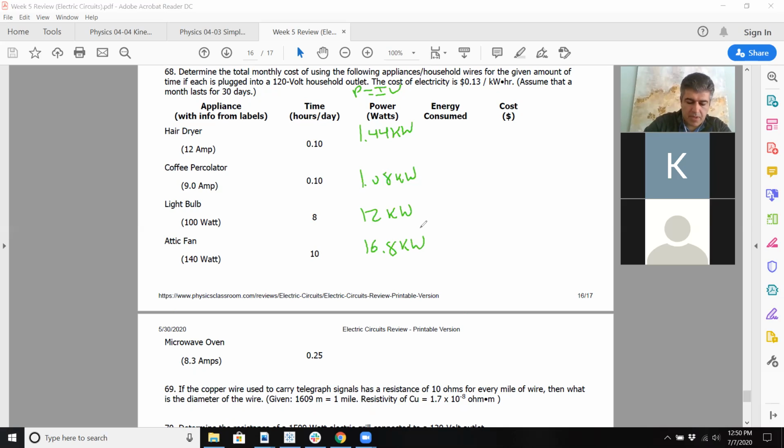And 8.3 times 120, 0.996 kilowatts. Now, energy consumed. Sorry, the kids are a little noisy. So, energy consumed. Now remember, kilowatt hours are considered to be energy, because remember, a